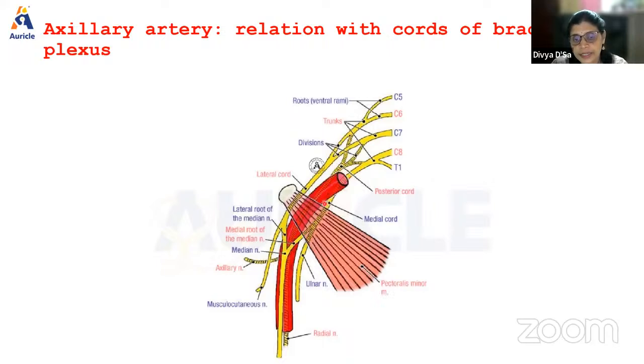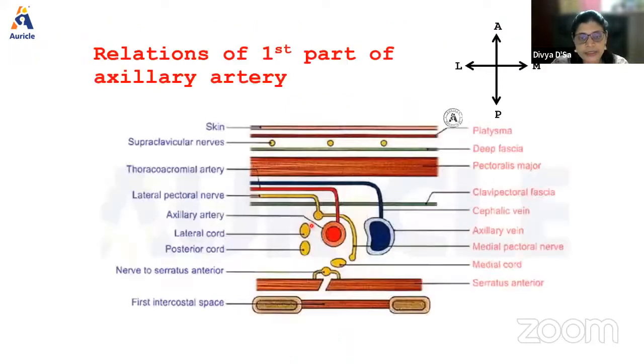But in the second part they lie in the proper relation: the lateral cord is lateral, the medial cord is medial, and the posterior cord lies posteriorly. Now when we take a section and look at it,